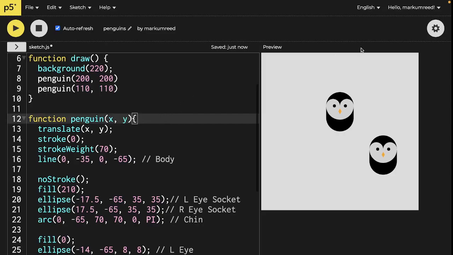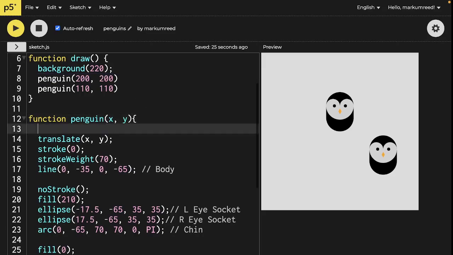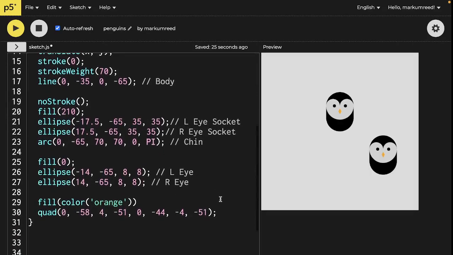Because what we actually need in here is a push and a pop, okay? Because this push and pop inside of p5.js is going to basically allow us to reset our drawing styles, okay? So if you change something inside of these functions, you're going to need this push and pop because it's going to be kind of taking everything in terms of this first penguin. So if I go through here and I do something like push, all right, so this is going to be the start of it, and then our pop. So push here,